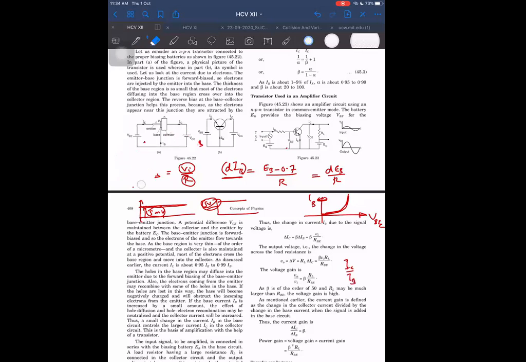So luckily we don't have to remember. Actually, sometimes they give different values. Sometimes they do like this. They say separately beta DC and beta AC. But these are equal. When they don't give these to be different, then I will not worry. I will be writing IC upon IB also same. And here also I will be writing this also same as DIC by DIB. Both will be same betas only, if they don't give us any value.